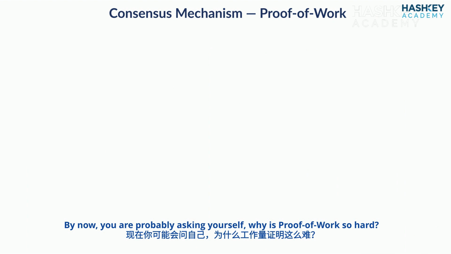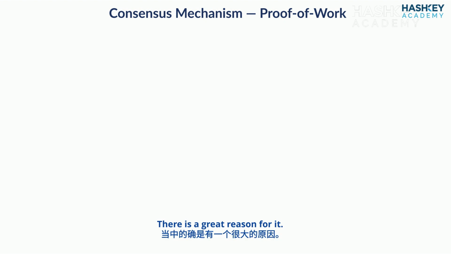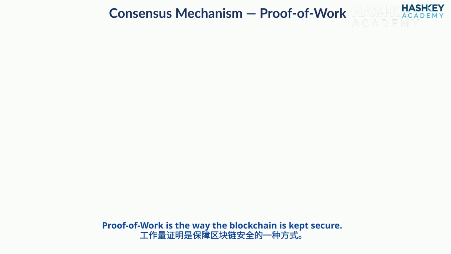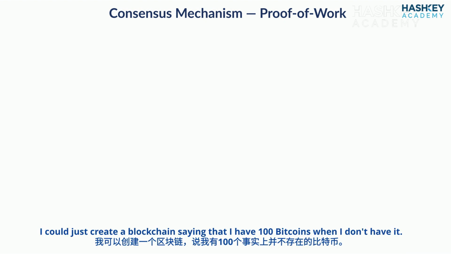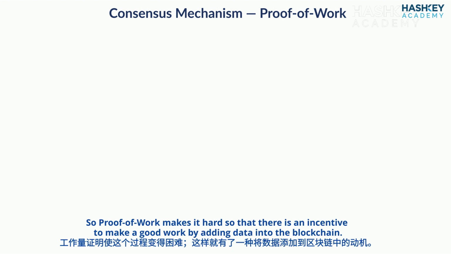By now, you are probably asking yourself, why is proof of work so hard? Well, there is a great reason for it. Proof of work is the way the blockchain is kept secure. Imagine, if it is easy to add a new block into the blockchain, any bad actor could attack the network. I could just create a block saying that I have 100 Bitcoin when I don't have it. So proof of work makes it hard so that there is an incentive to do good work adding the